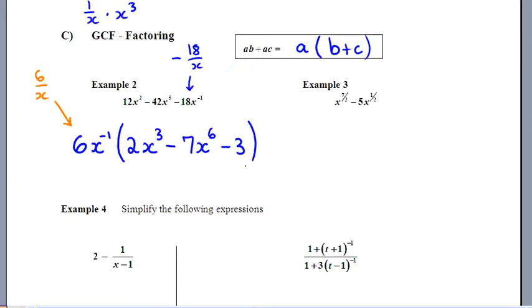And you might look at it and go, well, why would you ever want to do that? It may be possible that now when I regroup this and put the x to the 6th first, I might say, hey, that kind of looks like a quadratic. Maybe I can do some more factoring to it. And it just gives you more options for factoring later. So it is something that we'll do, where we'll factor out unusual x factors just to make things look cleaner